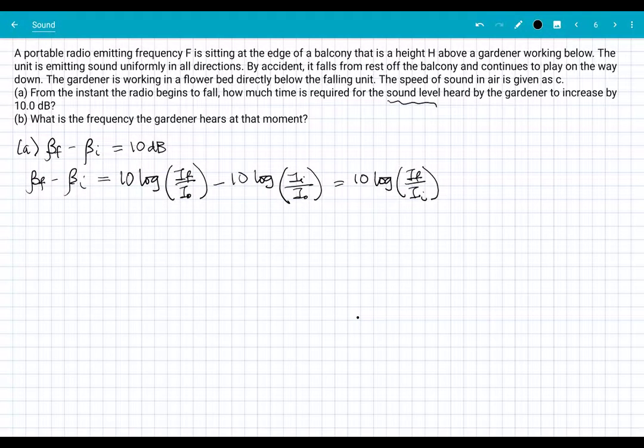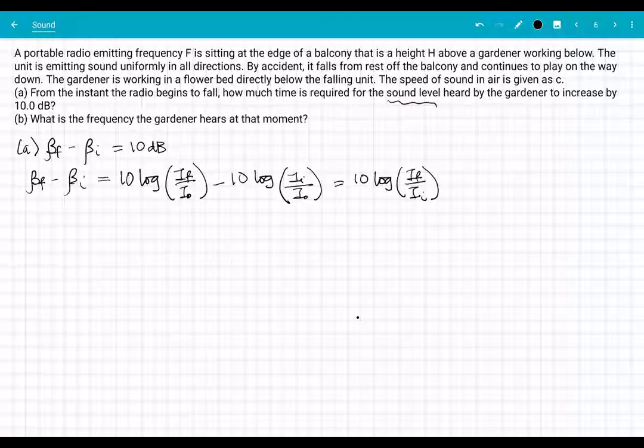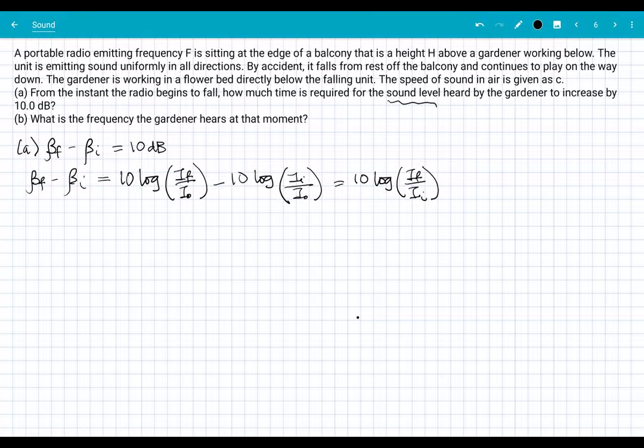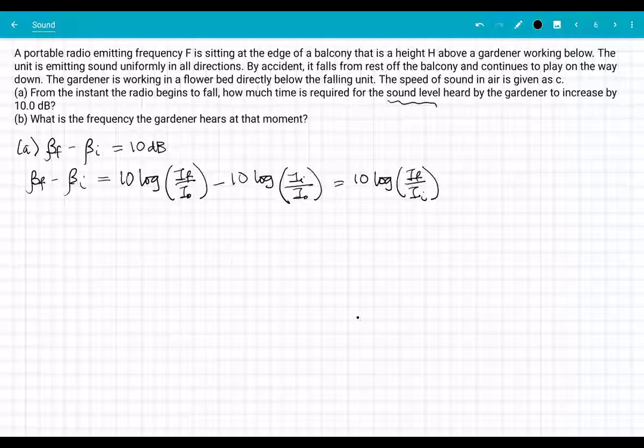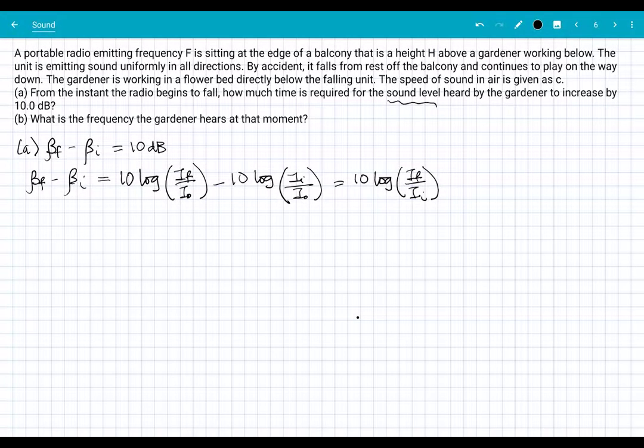This I naught, remember, is the threshold of hearing. So that is not zero intensity, but it's some non-zero number. It's a small intensity level. You can look it up in your book. That is a reference level. And that's important. Remember, we're going back and forth between intensity, which is the objective, how much your energy is